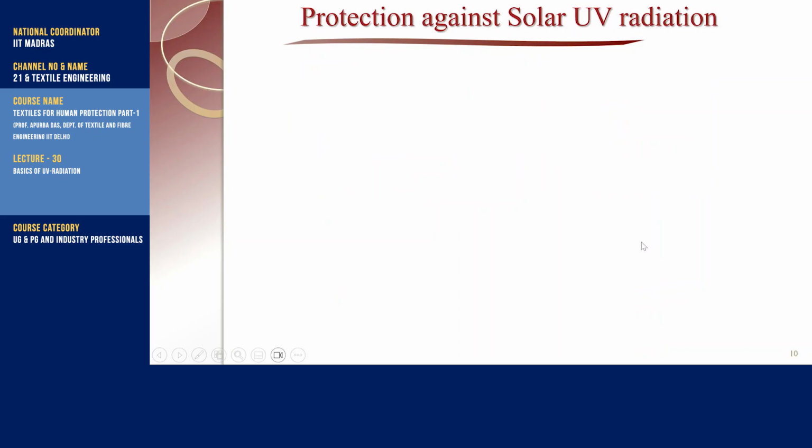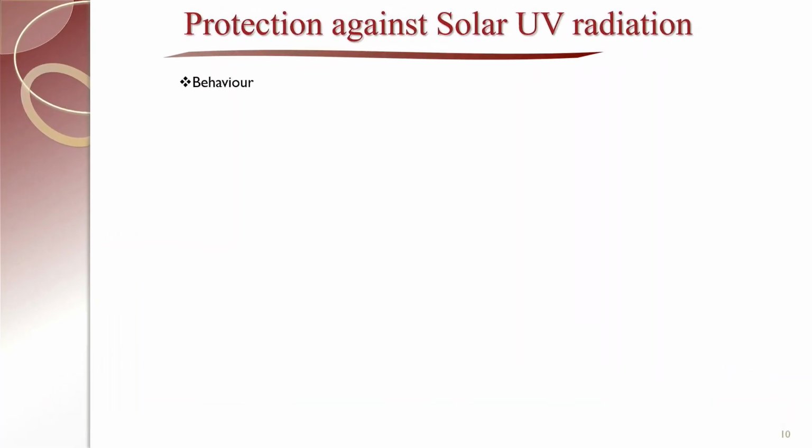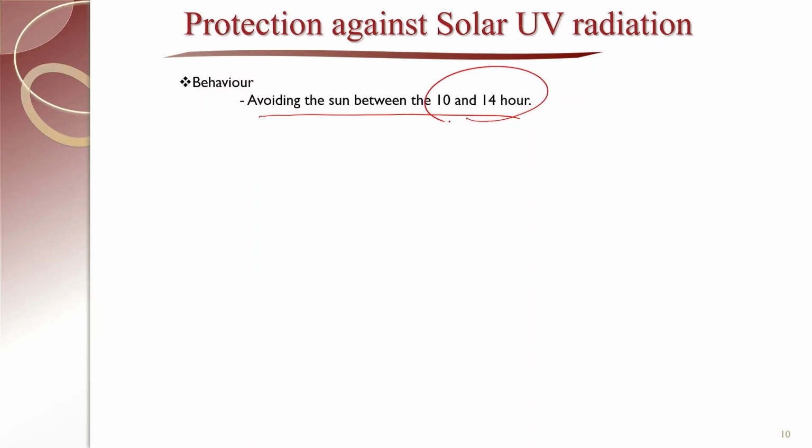Now, how to protect against solar radiation? So, we can change our behavior. If we change our behavior, we can protect ourselves from the solar UV radiation. So, what are these? Like we can avoid direct sun exposure between 10 am to 2 pm, but particularly within that zone if we are protected. So, at that time the sun exposure is maximum,